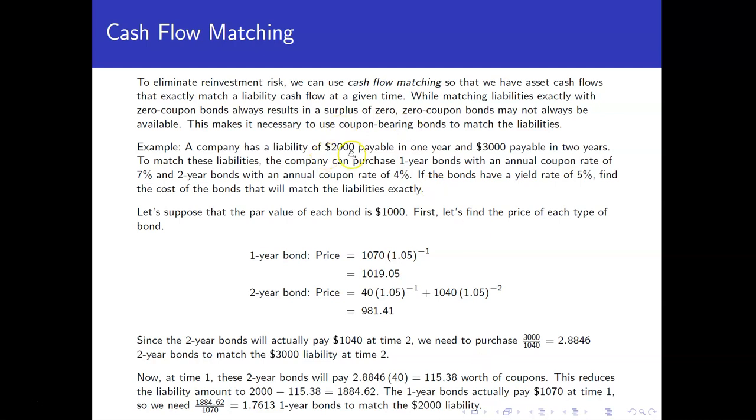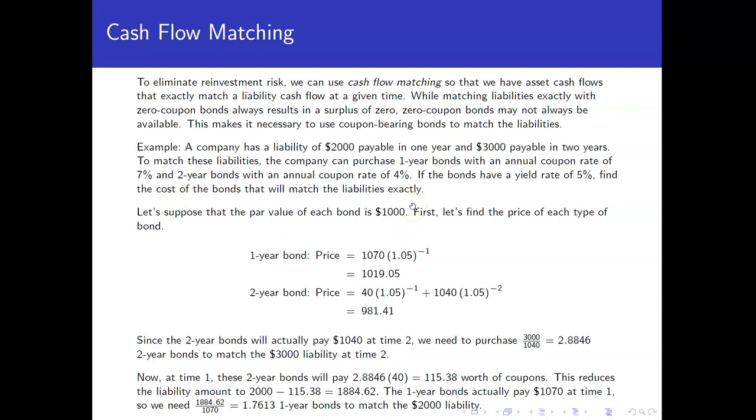We've got a company that has a liability of $2,000 payable in 1 year and $3,000 payable in 2 years. So we've got the possibility of buying 1-year bonds that pay a coupon of 7% annually, and 2-year bonds that also pay a coupon, but of 4% annually. So at a 5% yield rate, let's figure out how much the bonds will cost